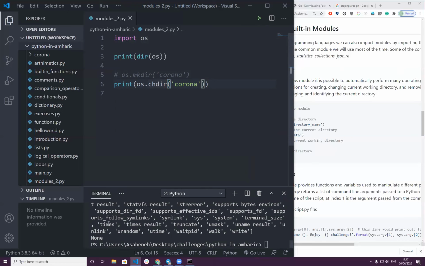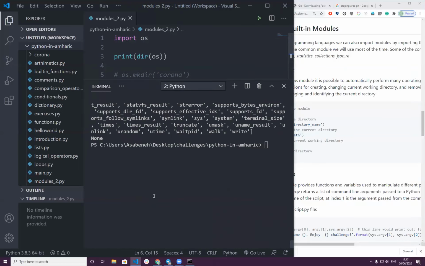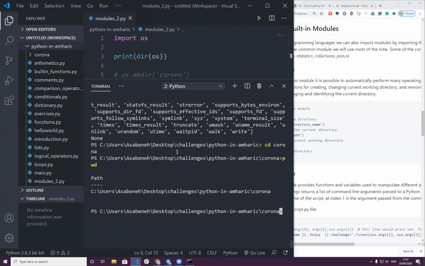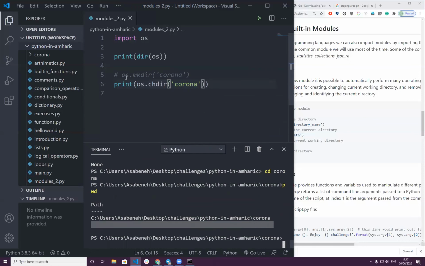But actually this can help us to change a directory. Changing directory means actually something like this: cd corona. Now, as you can see, we are in the corona directory. So whenever we want to use it in code, I think this is how we write.